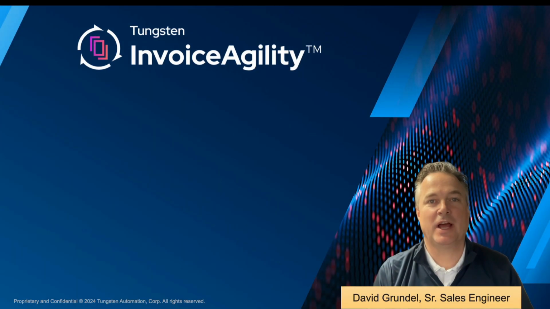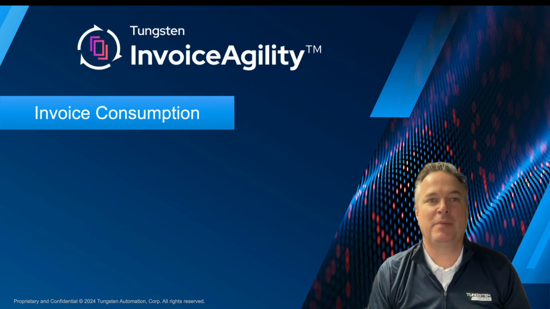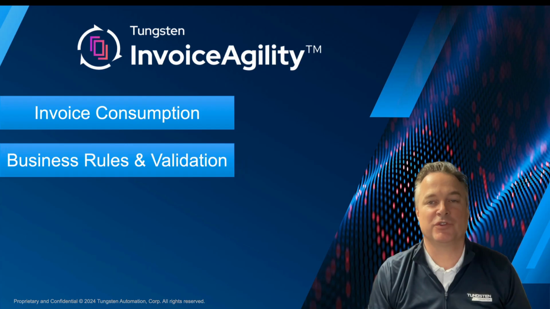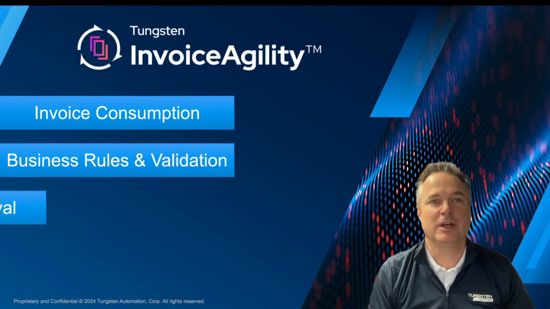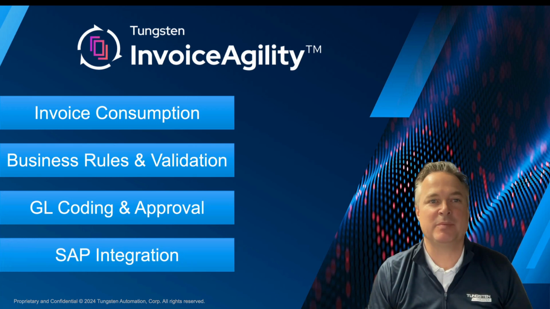In this session, I will guide you through a demonstration of the Tungsten Automation's InvoiceAgility for SAP solution. We will start with invoice consumption, including paper, PDF, and e-invoice processing, then move downstream towards business rules and validation, and GL account coding and invoice approval, and finally arrive in SAP, where Tungsten Automation will help prepare the invoice